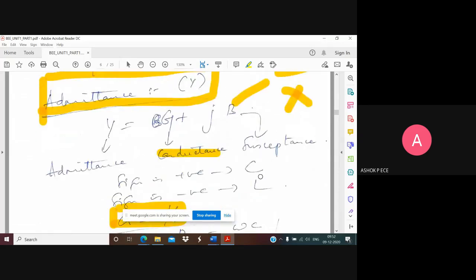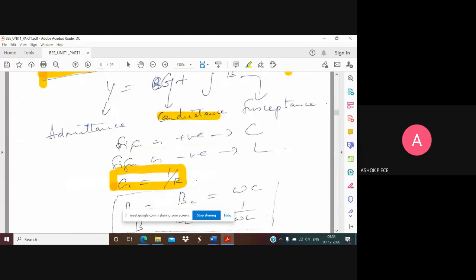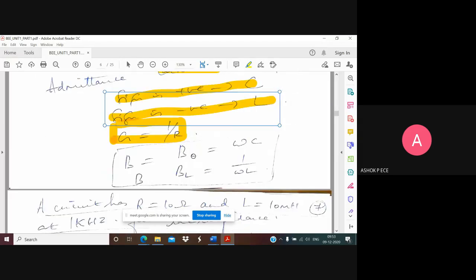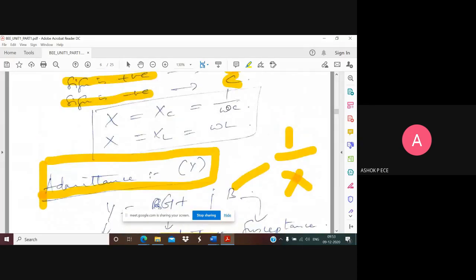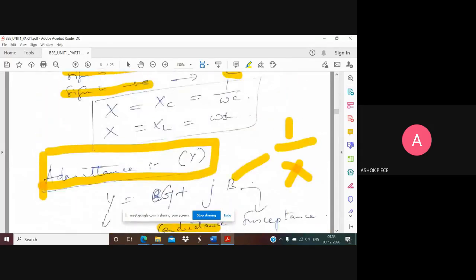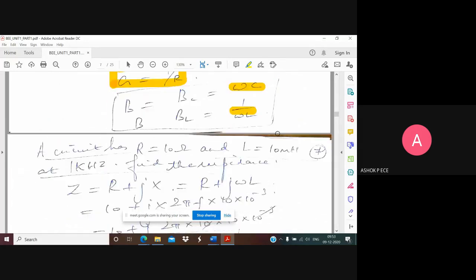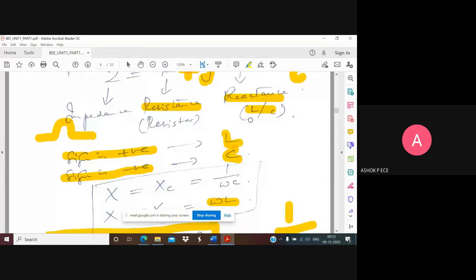And the same way, for L we assumed the sign is positive, and for C we assumed the sign is negative, right? Here it is reverse. If it is positive, it is going to be capacitance. If it is negative, it is going to be inductance. And the B value also will be reciprocal. For capacitance, usually it is 1 by omega C, correct? But here you see it is omega C, the reciprocal of that. And for the inductor it is omega L, but here you see the reciprocal, 1 by omega L. Is it clear? Just understand that you have two more quantities called impedance and admittance, which are mostly used in